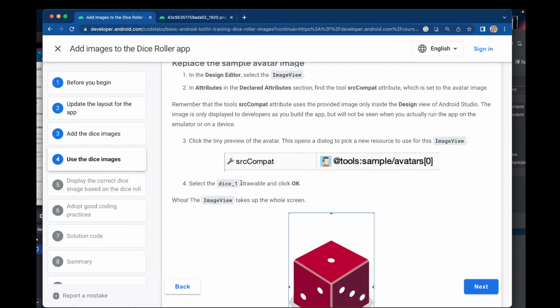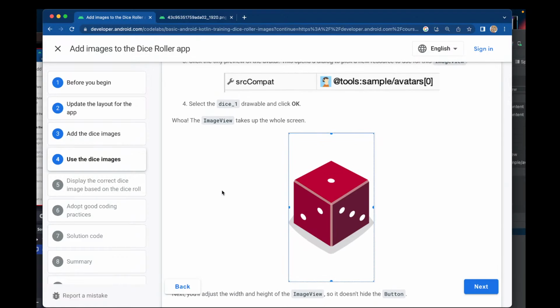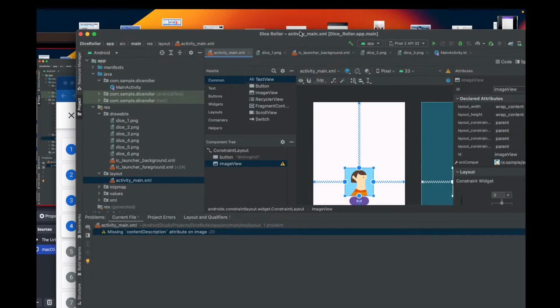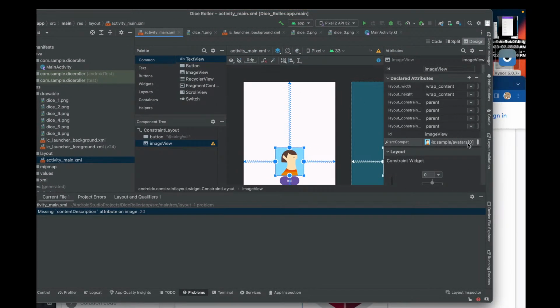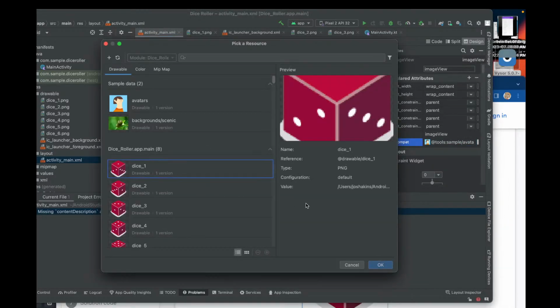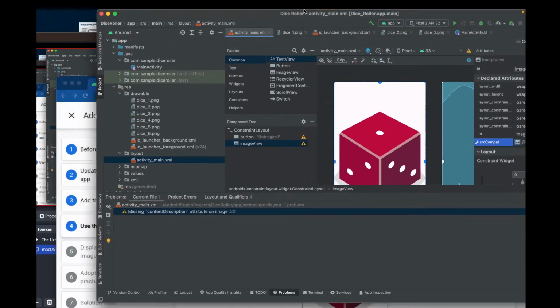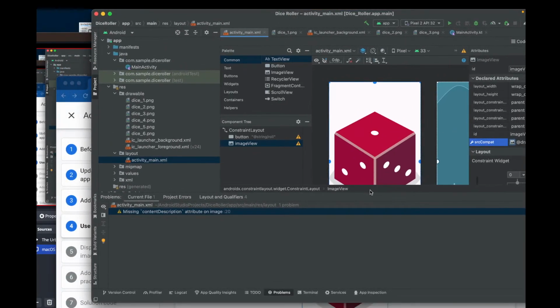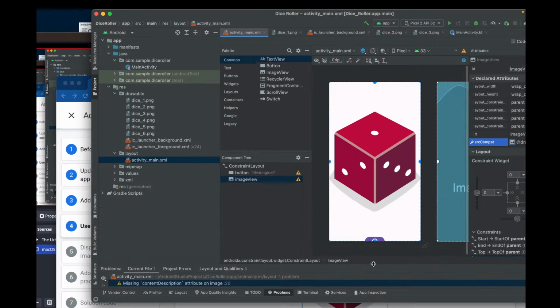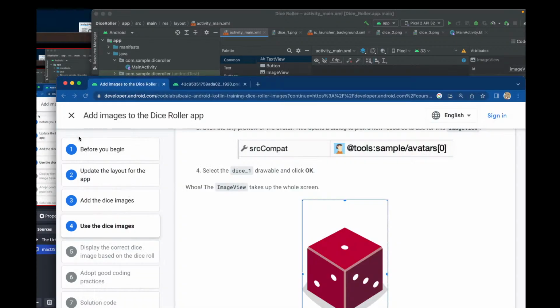Select dice_1 drawable and click OK. Whoa, the image takes up the whole screen. So let's do that and see what happens here. Instead of this image, it wants us to select the dice_1. Ooh. And then it takes up the whole screen. Which, of course, is not what we want. So, for the fix,